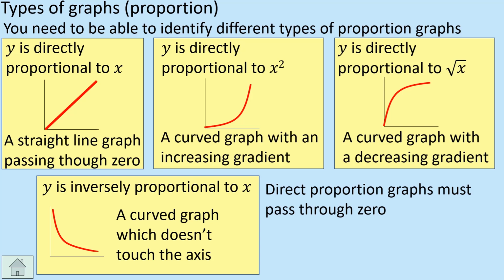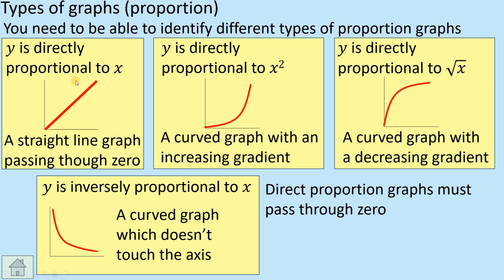Direct proportion graphs must pass through 0. If something's directly proportional to something else, then when one is 0, the other one is 0, unless it says something else, because you'd have to say it's proportional to something plus something else, but of course it's not. We're talking specifically, there are no other variables or numbers involved, and please do look at the lesson involving direct and inverse proportionality